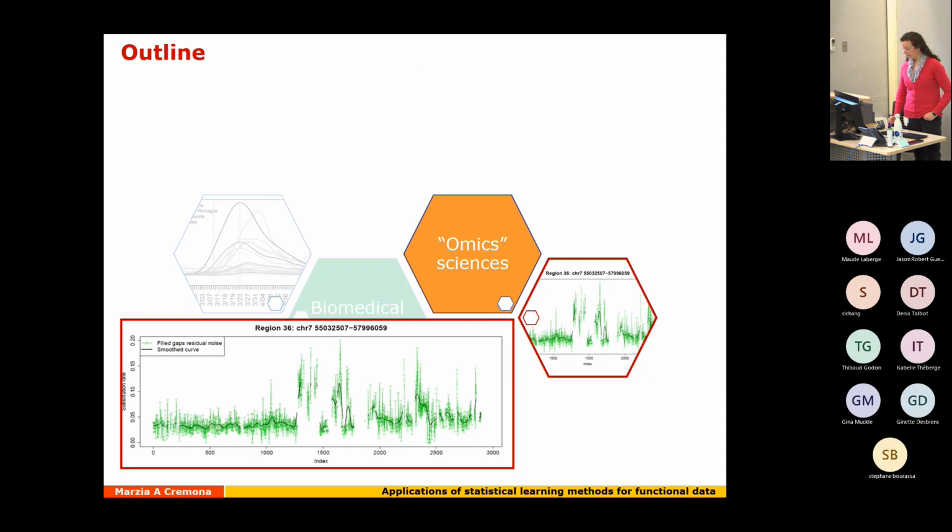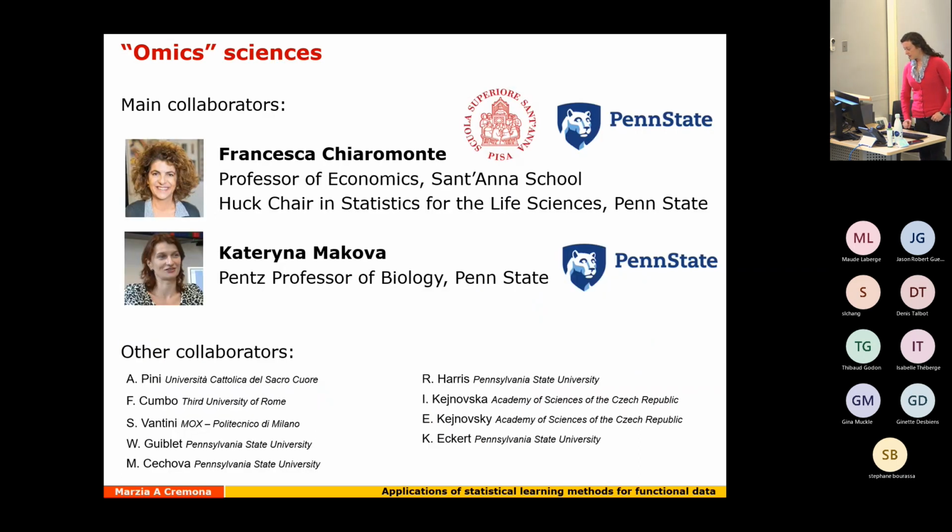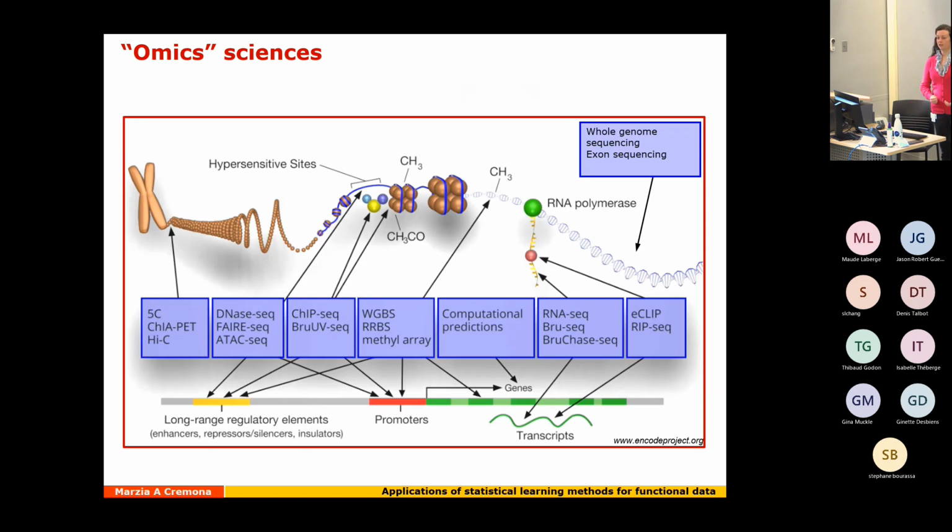Okay, the second part is about omics sciences. Here, a lot of collaborators, Francesca Chiaromonte is also in this work. Katerina Makova, she's a biologist from Penn State, and many other collaborators here. So in the past, at this point it is probably 20 years,